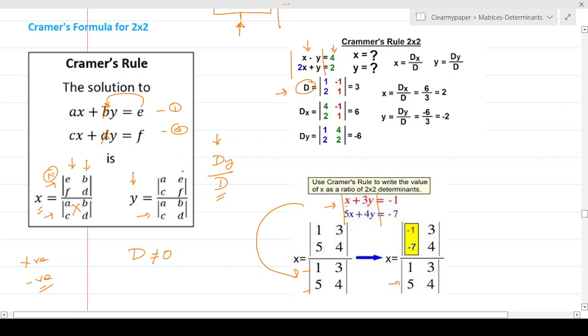So if you see here, wherever we had the y variables, that has been replaced by the constants e and f, and the remaining variables are unchanged, they stay as they are. Once you find the determinant of this new matrix that is formed, that will become your numerator, and then you have the denominator, and the ratio will give the net value of x.